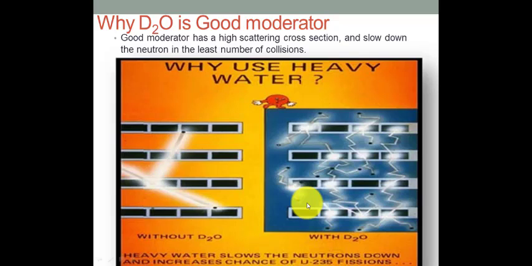The moderator in a light water reactor is ordinary water, but the CANDU heavy water reactor uses heavy water, deuterium oxide, which has a chemical formula of D2O. Unlike ordinary water with its familiar chemical composition of H2O, heavy water includes two atoms of deuterium. Unlike ordinary hydrogen, which has a proton and no neutrons in its most common form, deuterium has a neutron and a proton at its center. The availability of the neutron provides a major advantage.